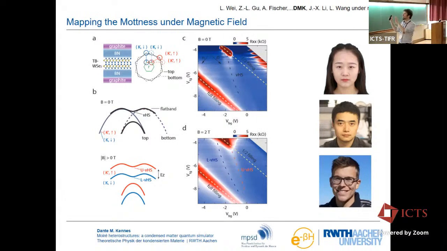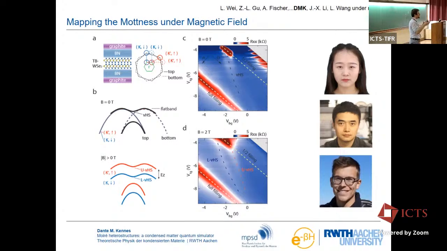Why I brought this is just to highlight that you can also play this game of reducing the kinetic energy scales to promote other competing energy scales, with other things than Coulomb or electronic interactions. You could ask, now that I have these very small kinetic energy scales, are the few Tesla magnetic fields in my lab all of a sudden big enough to get Zeeman effects strong enough to spin polarize? And the answer is yes. We have these flat bands, and now because they are so flat, we can actually split them by typical few Tesla fields. This is this little cartoon here.